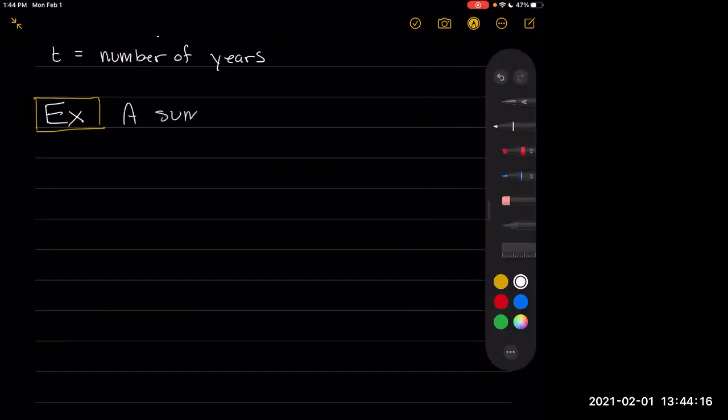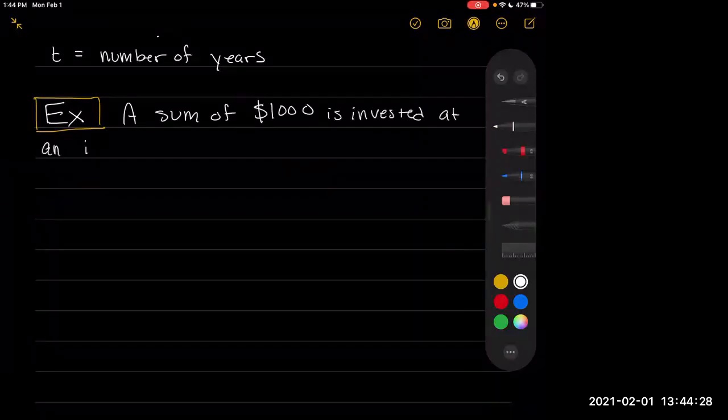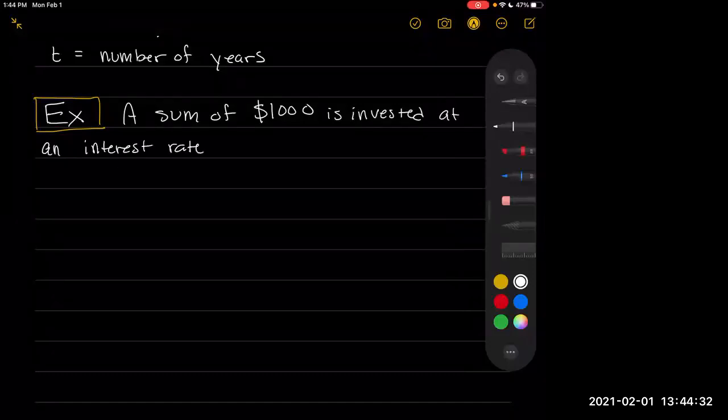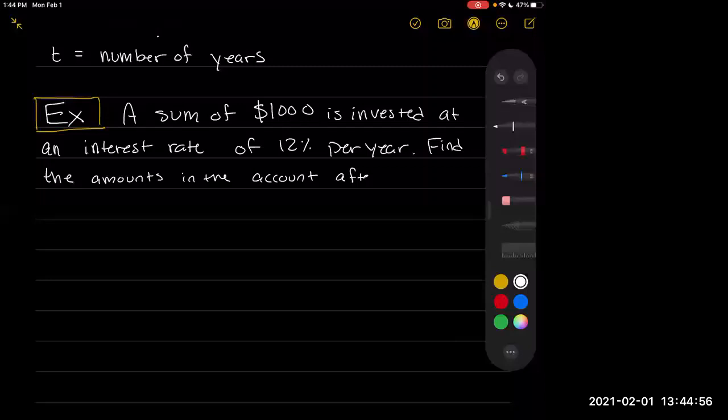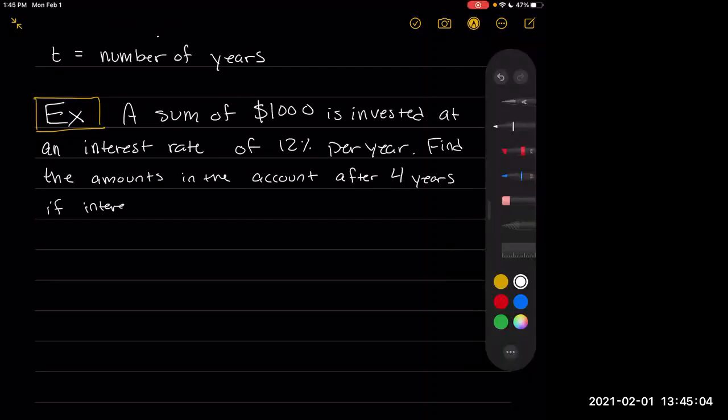So a sum of $1,000 is invested at an interest rate of 12% per year. Find the amount in the account after 4 years if interest is compounded annually, which means 1 time per year,